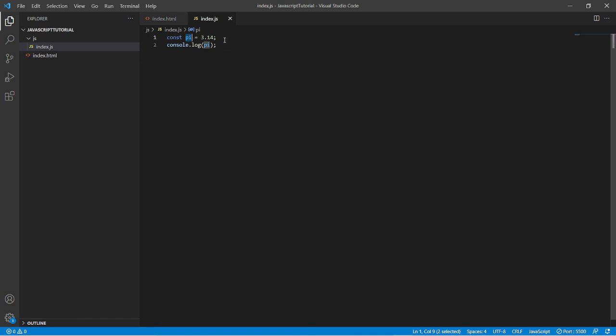So let's understand this point. For example, we are aware of the value of pi. We all are aware. So we can keep it PI, all uppercase, because it is known to us. But suppose the area of circle will come from server.